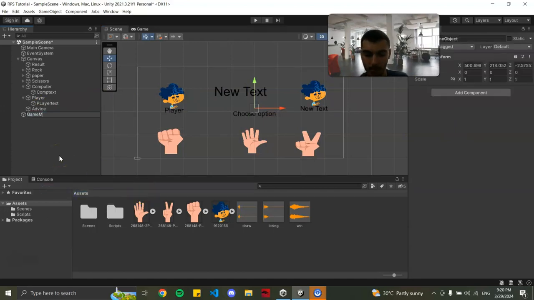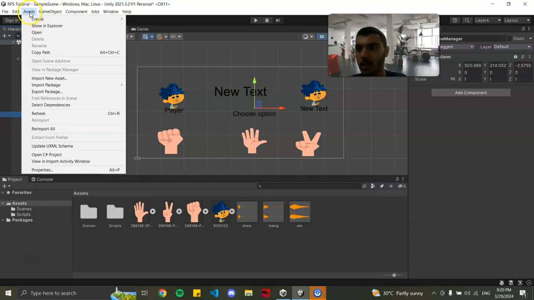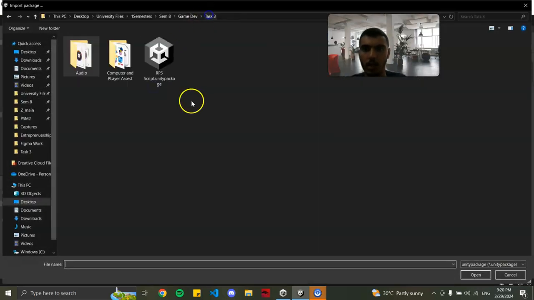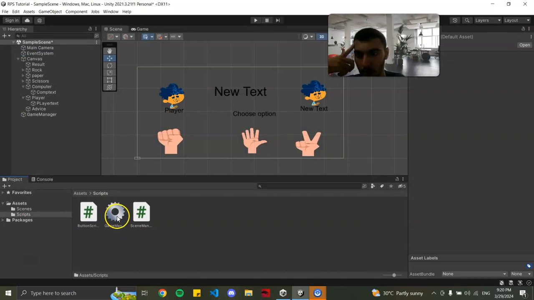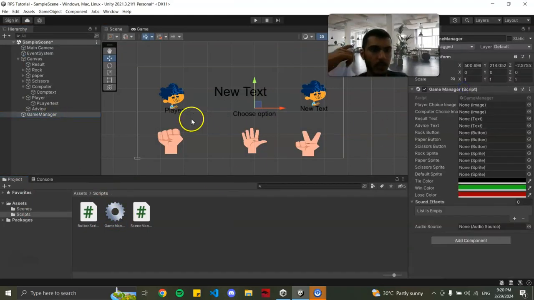Let's call it game manager. And then from there, using the link in the description, you will need to import the package. You click here, import package, custom package, and then you will click on this file and install it. You'll then see the scripts folder. You will attach this game script to your game manager. And then from there, you'll need to add the computer choice, player choice, your results text, advice text, your rock button, your paper button, your scissors button,